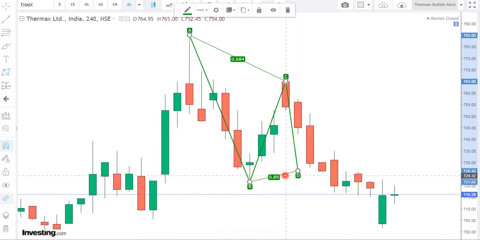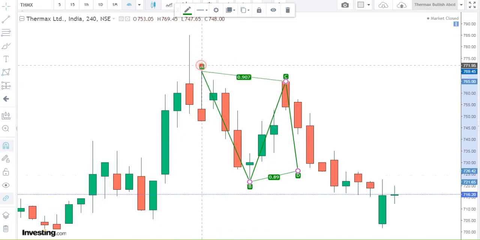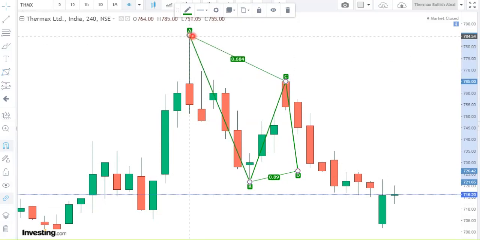Now the next step, we need to find the validity of this C point. AC ratio is 0.684. It is very far from 0.618, but it is very near to 0.707. We will just drag the A point and see whether it can come to some more perfect FIBO ratio. So it is going out of the range as 0.907. So it was better there only. We will keep it here. And now the next step is to find our D point.